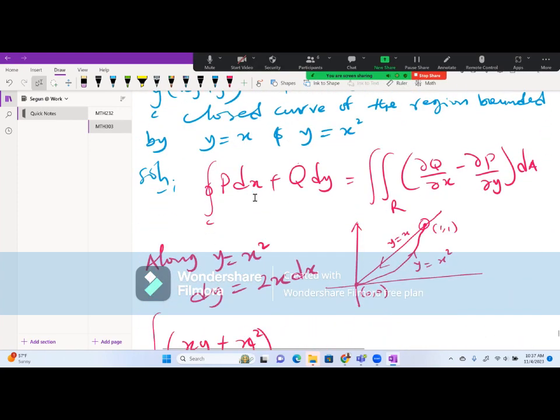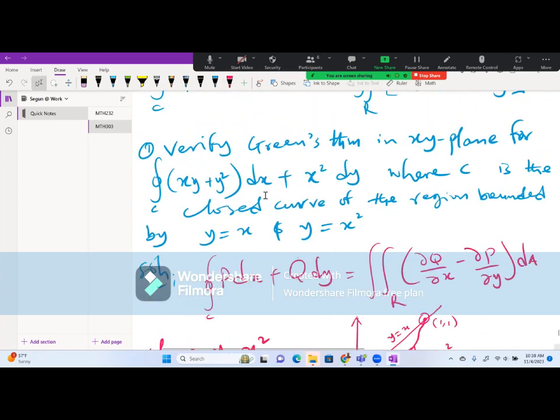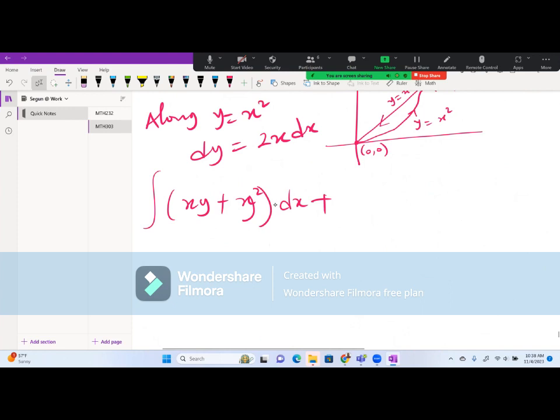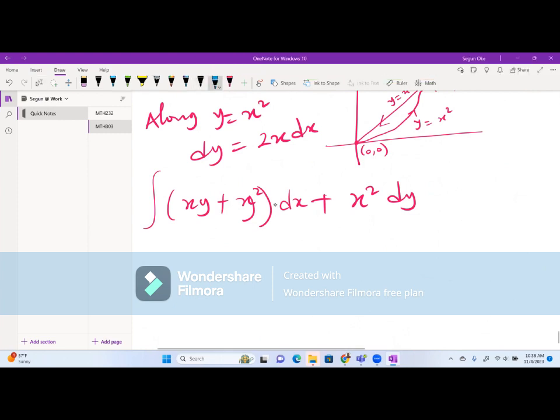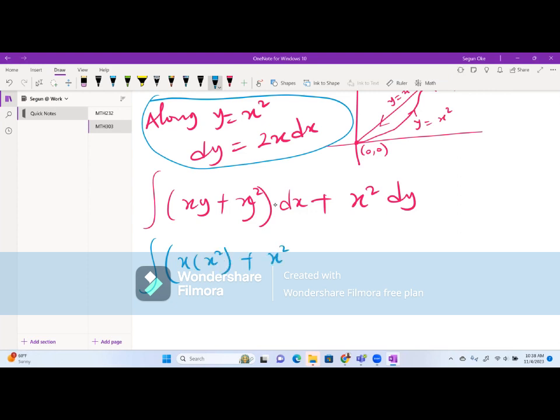The x plus s squared dy. Now, let everything be in form of x. That means if everything will be in form of x, we are going to have this. That's why we need to first of all differentiate this. So anywhere you see y, substitute x squared. So we have x into x squared plus s squared